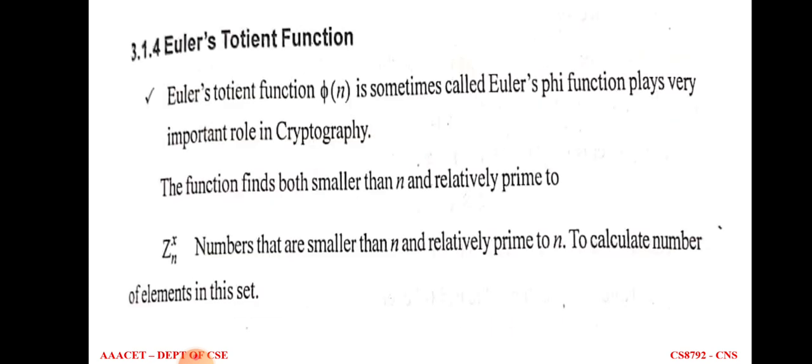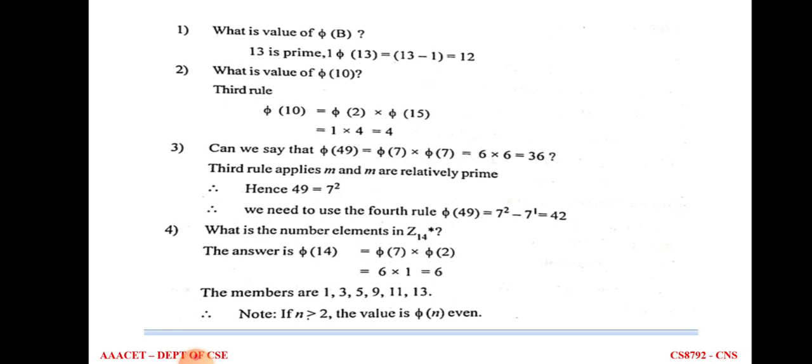You can clearly see the second point. Already I said it should satisfy both: smaller than n and relatively prime to n. So here the n value is 14. Smaller than n means we have to write the numbers smaller than 14, and relatively prime to n means